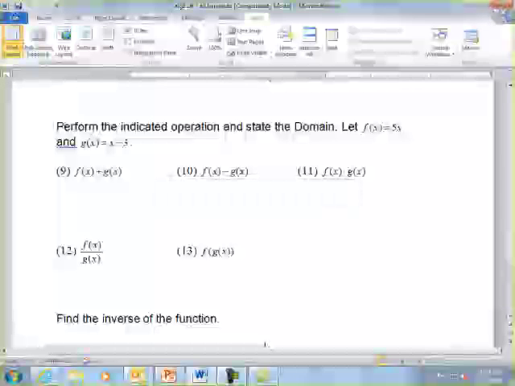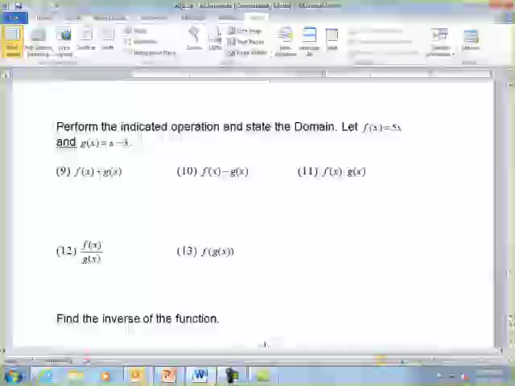For the next group of questions, it says to perform the operation. That means add, subtract, multiply, divide, do the composition, do whatever it says, and give the domain. We'll go through each of them and do the solving first, and then we'll go back and consider all the domains. So when I'm adding, f of x is equal to 5x plus g of x is equal to x